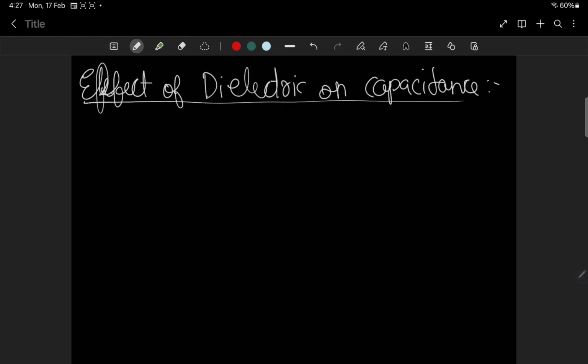What happens? Very normal. You know that the capacitance of a normal parallel plate capacitor is this. The electric field between them is this. What? Sigma by epsilon 0, that's Q by A epsilon 0. Right. And the potential difference is equal to QD by A epsilon 0. Everything you know. Now let us consider another situation.